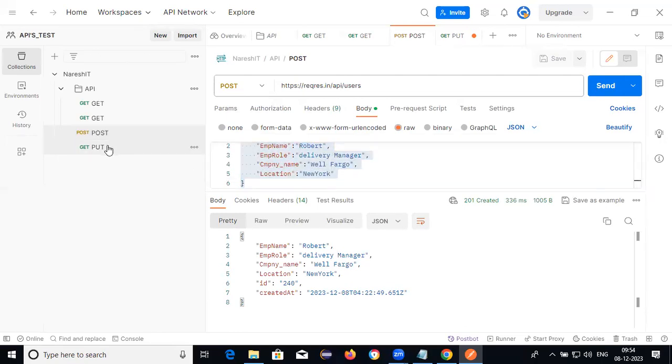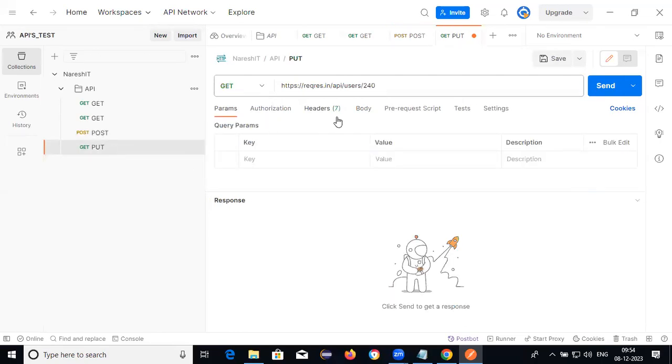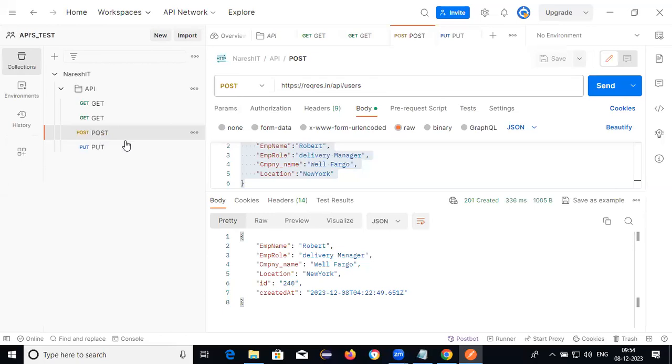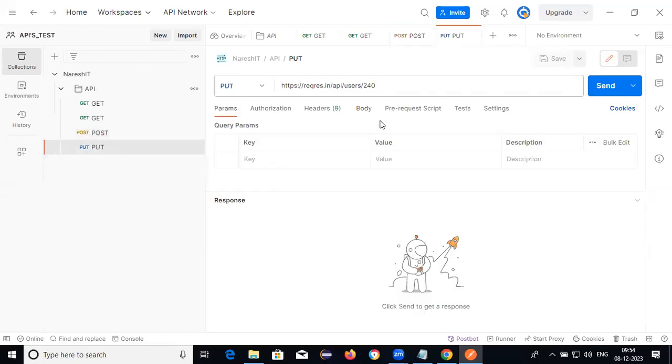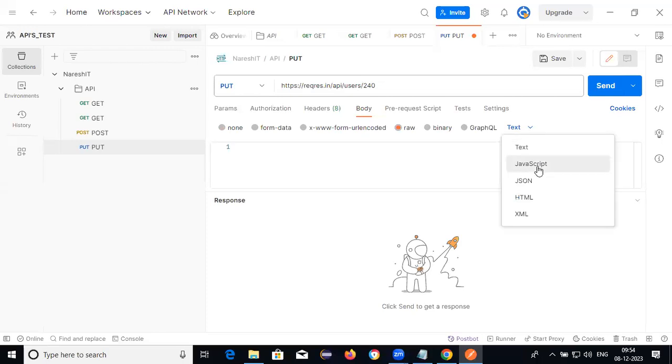Copy. If you want to do the put, something is required. What is that? Body. Before selecting the raw, there is no format option here. Once I select the format, it will be reflected.